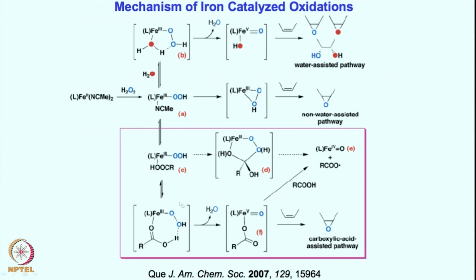In case of these hydroperoxo species, as you know so far, these hydroperoxo intermediates can also undergo oxygen cleavage with the help of the hydrogen bonding from, let us say, acetic acid. This acetic acid hydrogen bonding weakens or makes it easier to break the oxygen bond to make the iron(V) oxo along with the carboxylate linkage. This carboxylate linked iron(V) oxo once again can react with the olefin to give the epoxidation product. There could be quite interesting, beautiful chemistry coming out of these as well.